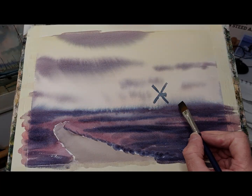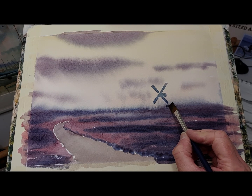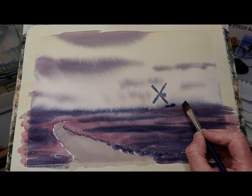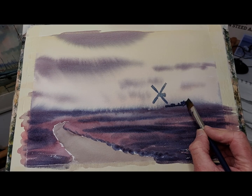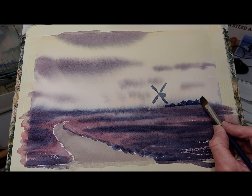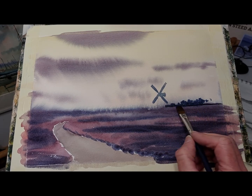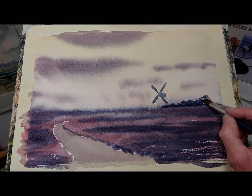Now I'm going to do the distant land, a little bit of distant land here. I'm going to start near the mill and put in, I know there's one or two buildings there, so let's just put in one or two indications of roof areas, and a little bit of indication of greenery. Notice how I'm using the side of the brush, just the point of the brush. It's a good idea to get used to using the same brush for lots of different elements within your painting. Then I'm coming straight across because that's where the mill sits. Then I'm just giving this a little bit of texture by pulling down like that and twisting the brush,